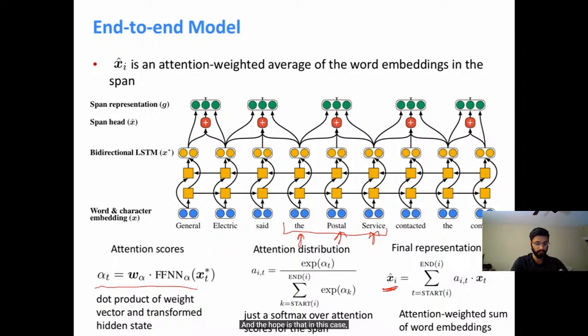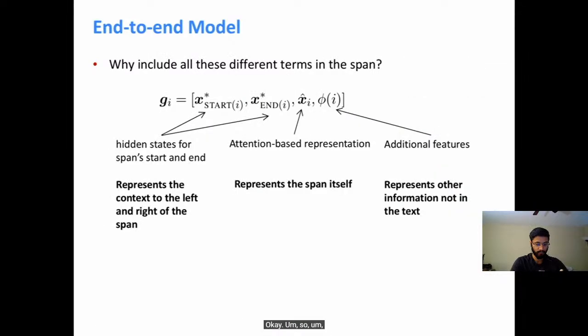And the hope is that in this case, most of the weight will go on this final service, which will be the head word, but it'll be sort of distributed across it. And so that gives them a model of mentions that use both ends and hope to find the keyword of the mention. Okay,